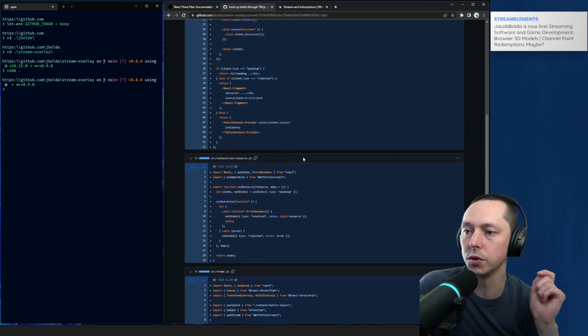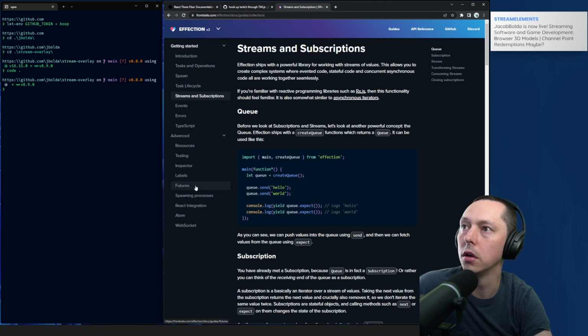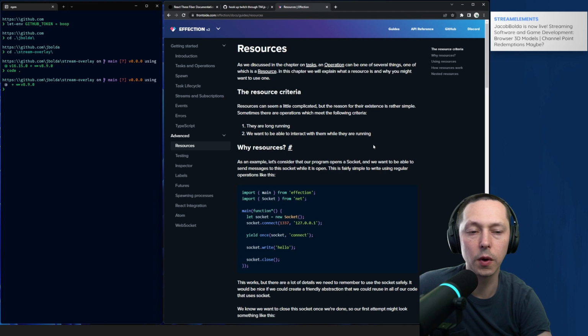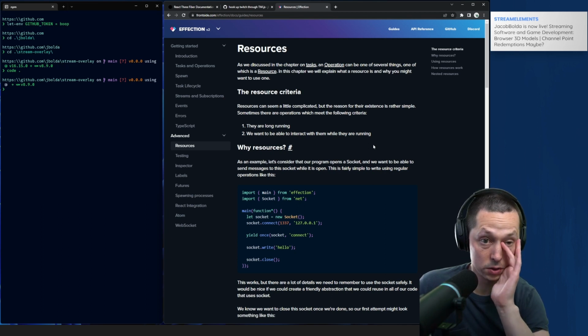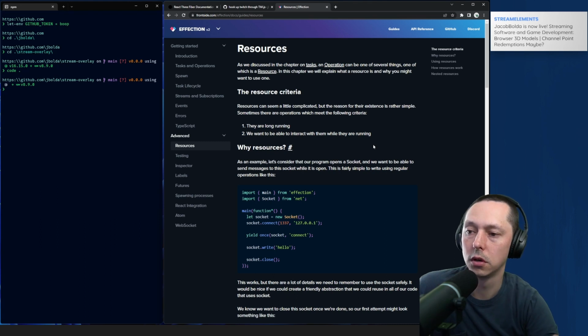The other part of the issue was Effection React was kind of missing another hook called use resource. Within Effection, there's a thing called resources, and that's sort of what we're standing up, because we want this long-lived thing, and then we want to subscribe to the events that it's returning.